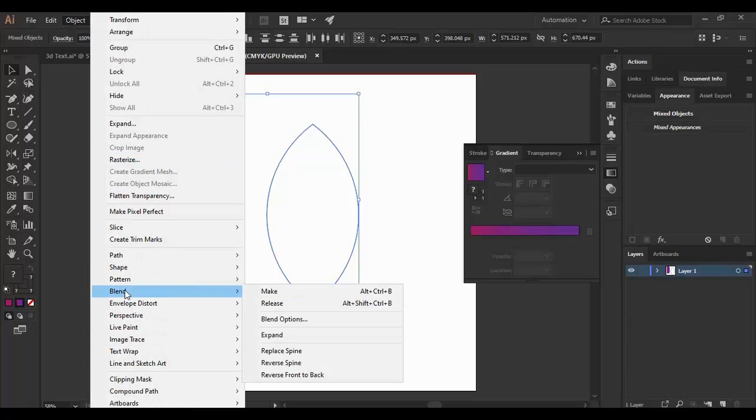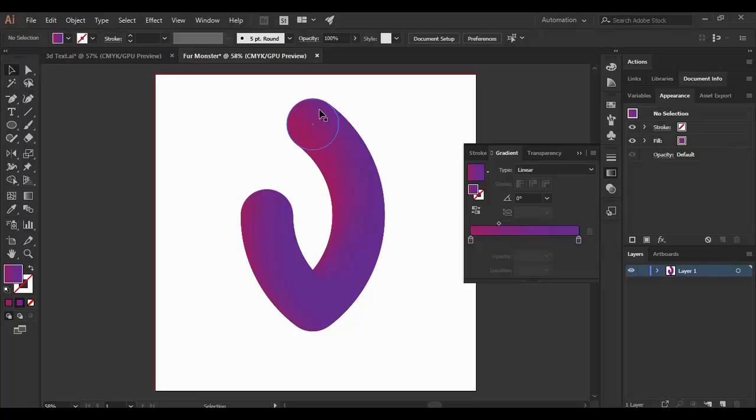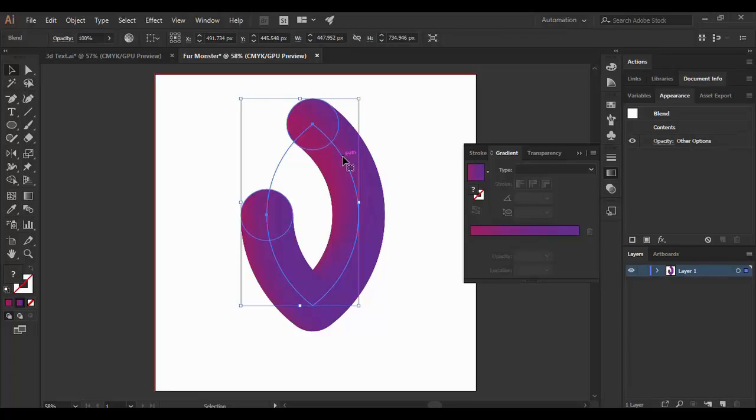Go to Object, Blend, and there you will find an option of Replace Spine. Just click on it and you will see that this kind of a shape is created, which is not very good. So for that, what we are going to do is make some adjustments. Just select your base shape, then